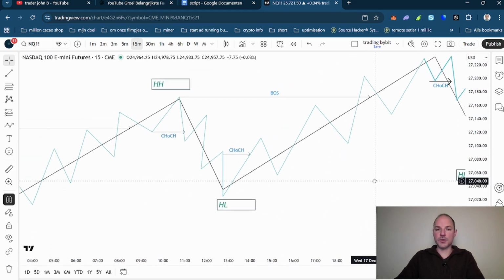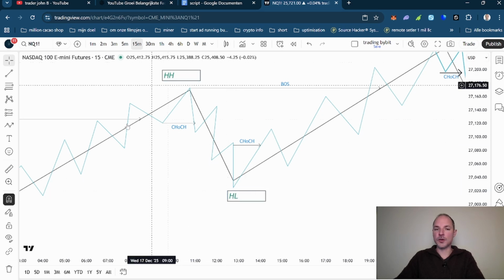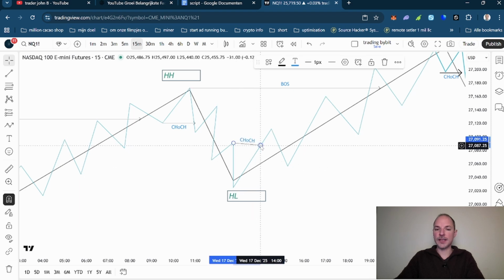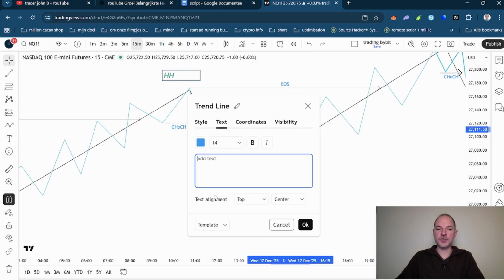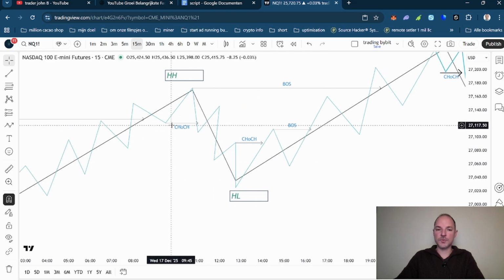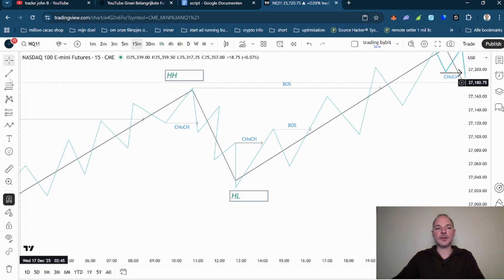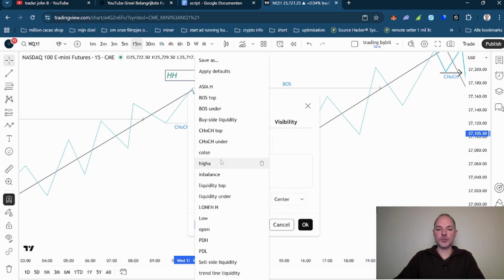The same movement applies to the upside. Once we made a new higher low on a higher time frame, and the market shifted back and broke an internal high right here, we had a change in character to the upside. The second one right here is not a change in character anymore. That is a break of structure again to the upside. So first we have a change in character. That means that we are moving in a different direction if we have confirmation. And afterwards, the second one is a break of structure